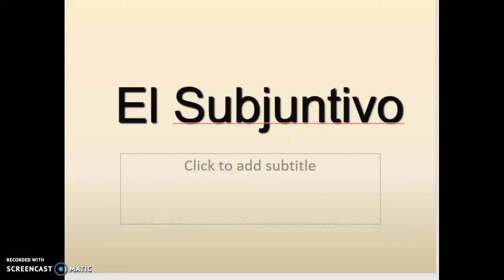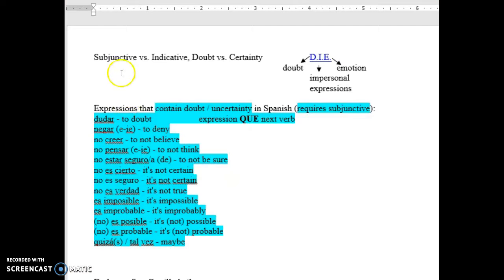Let's do a quick review of the subjunctive. This is just going to be some general ideas. Remember, the subjunctive is the new grammar component that you're learning, but you cannot forget the indicative. The subjunctive is that part that I explained that when you're looking at a sentence is going to indicate some